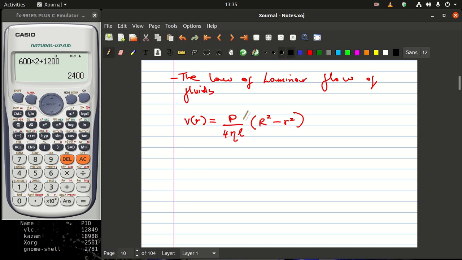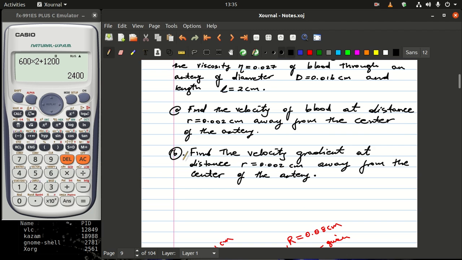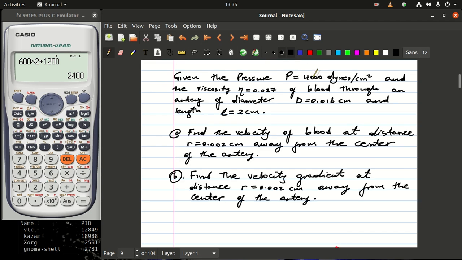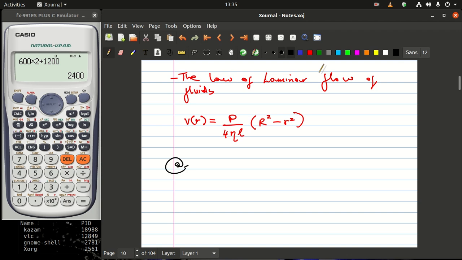So to answer question A, you will find that A was saying find the velocity of blood at a distance 0.02. So r is given as 0.02. The capital letter R is just half of this. L is given, eta is given, and the pressure is given. So what you do here is find V of